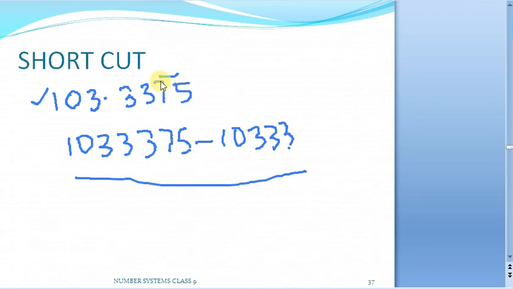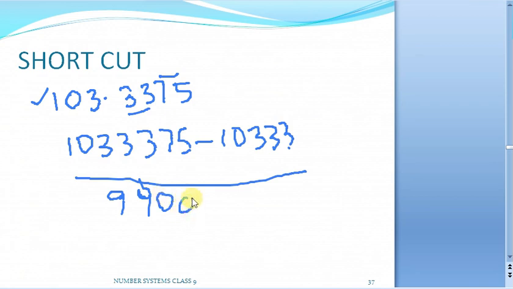For how many digits is the bar there? Only for 2 digits. So that's why I will write 2 nines here. And after that, we have to place zeros. The number of zeros that you will place after these nines will depend upon the number of digits not repeating after the decimal point. And in this case, how many digits are there? So here 2 digits are there, which are 3 3, and I have to place 2 zeros here.